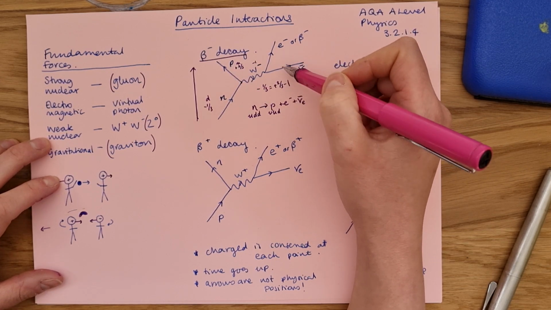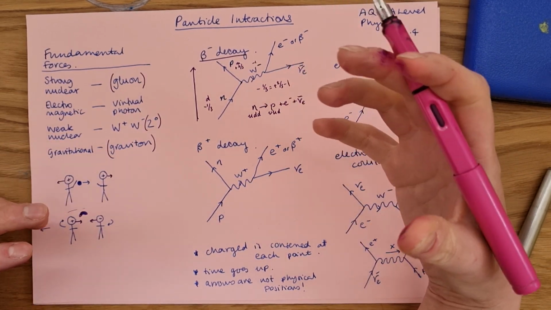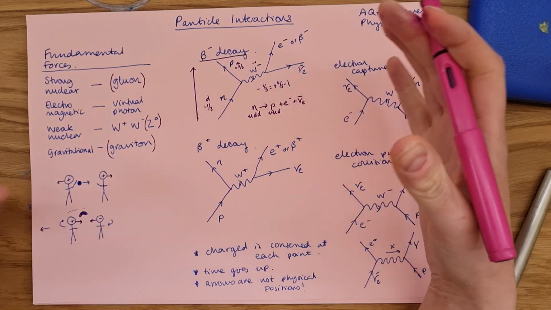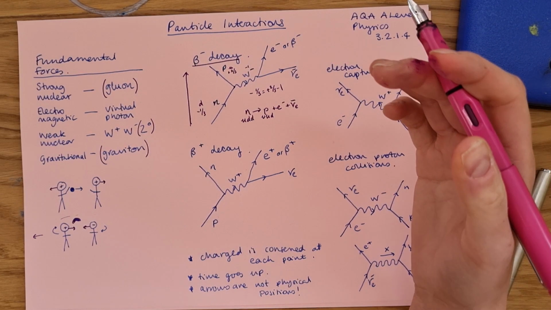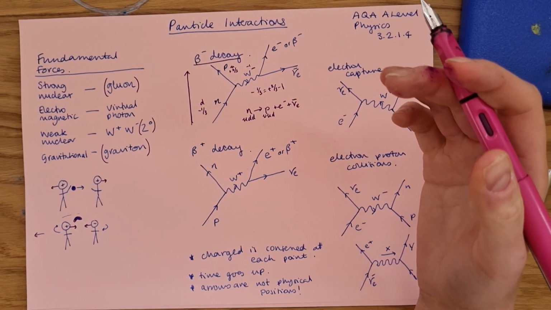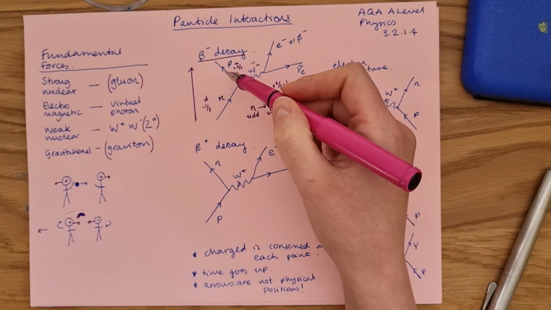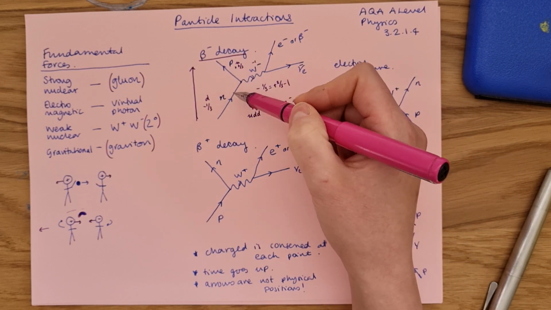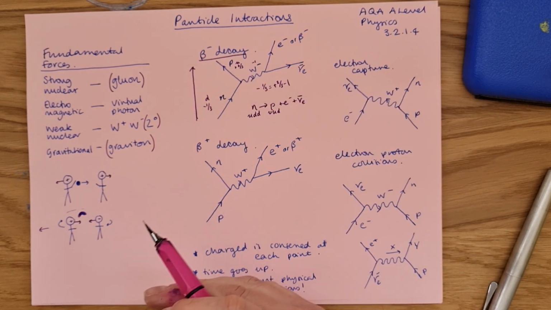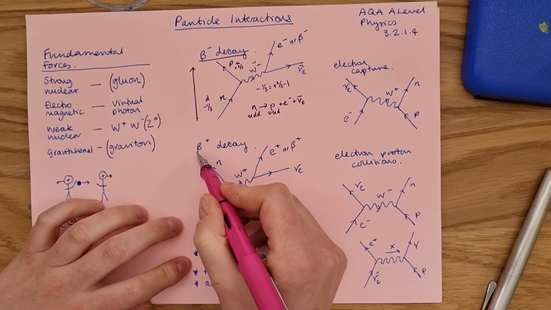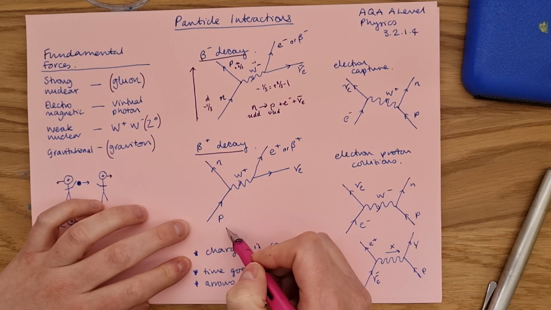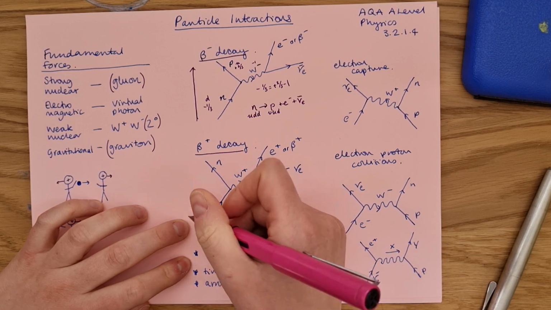These arrows, it doesn't represent physical positions of what's happening. It's just showing the flow of matter and where the matter is going. So, you know, it's not actually physically what's happening. It may be that the proton and the neutron remain stable, but the arrows are showing the flow of where the matter is going. So beta plus decay is sort of like the opposite of beta minus decay, I guess, but